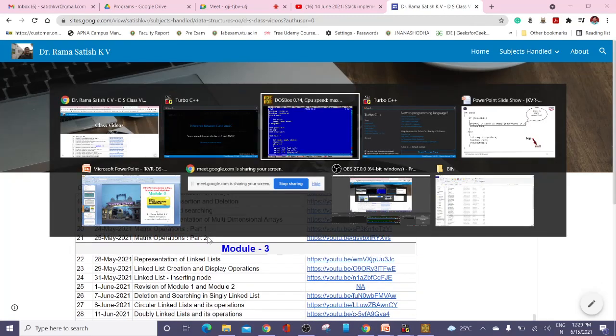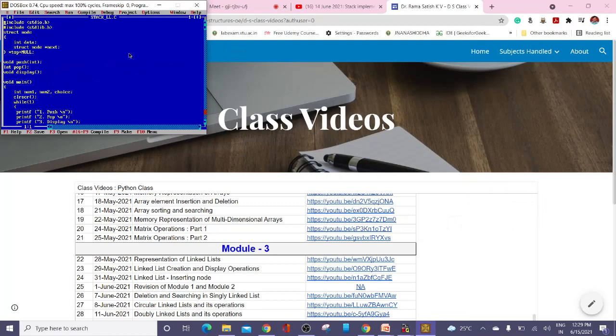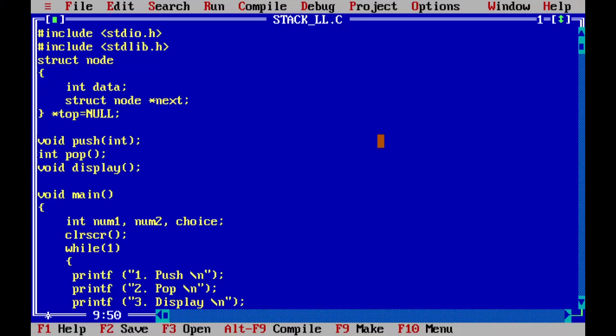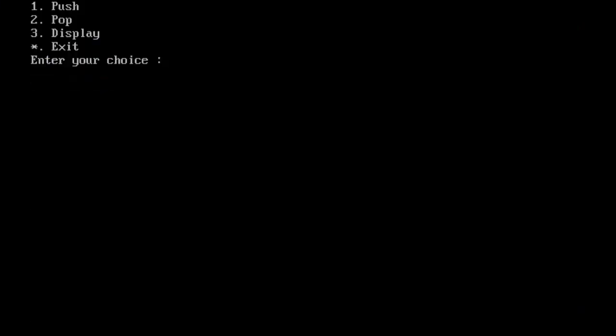Now let us go back to our code. Yes, this is the code, and as soon as I start executing it, I get an option menu, one for pushing the element.